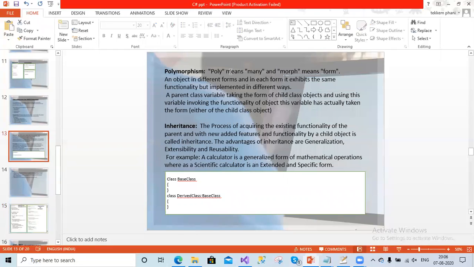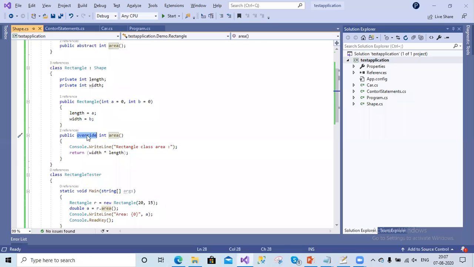So when you use overloading or overriding, both come under polymorphism. The object takes different forms, and in each form it exhibits the same functionality but implemented in different ways. That means we will do it either with overriding or with overloading. That's what polymorphism is. So here we are already doing the overriding, so we are already covering some polymorphism.